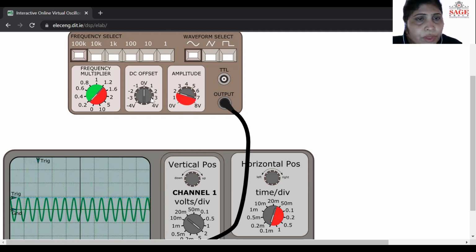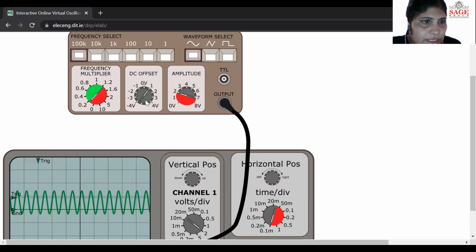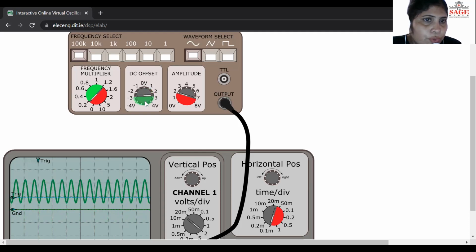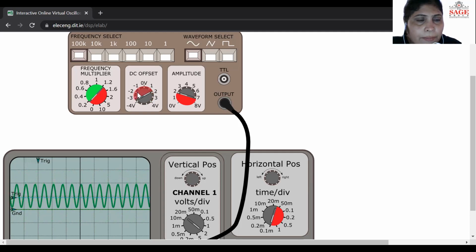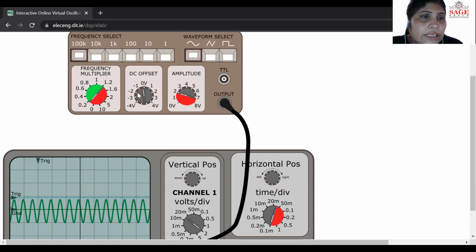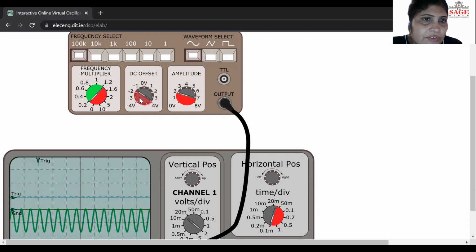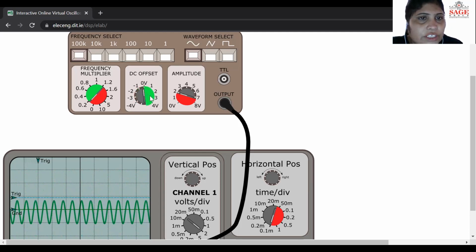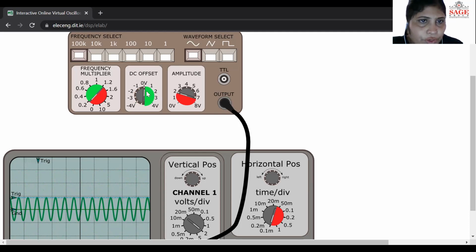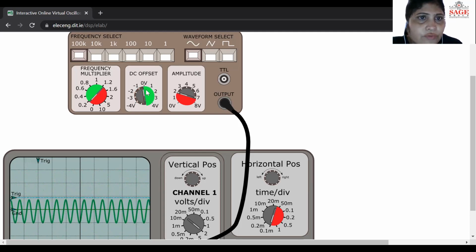And with the help of this DC offset, the DC reference level can be changed. Now you can see the reference level is going to change. Similarly, if I reduce the DC level, I'm changing the DC level of this waveform. So this DC offset changes the reference point or ground point of the waveform.